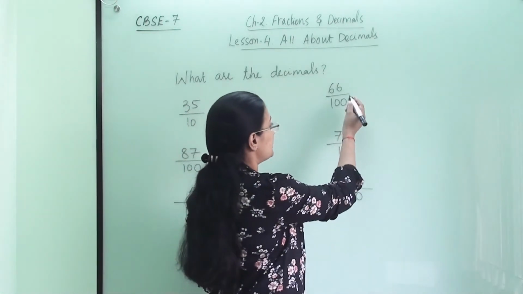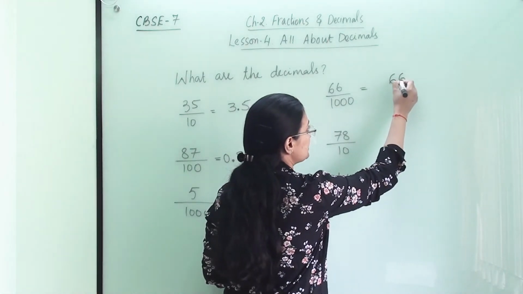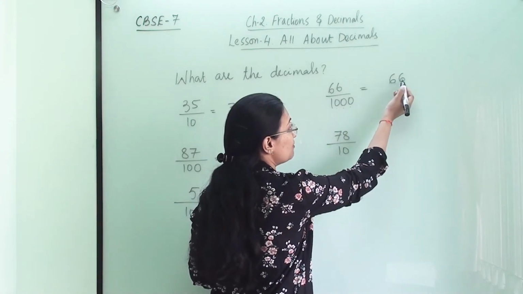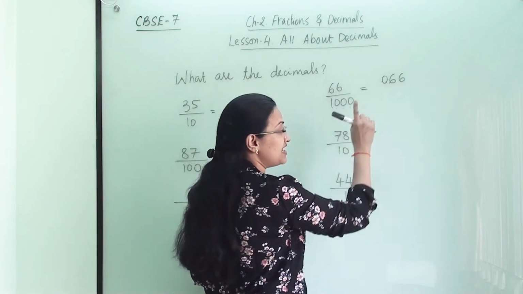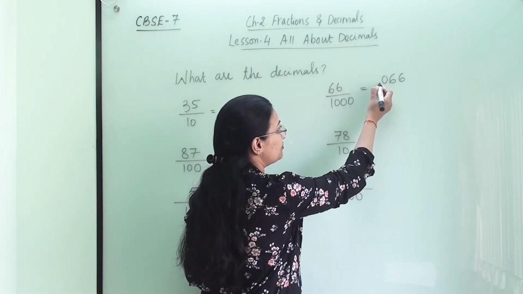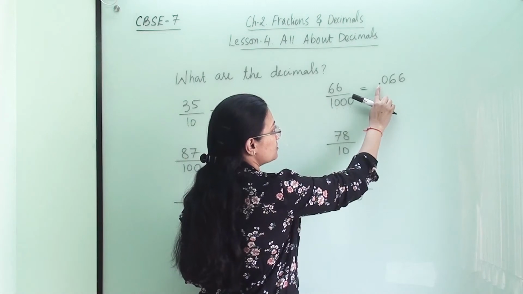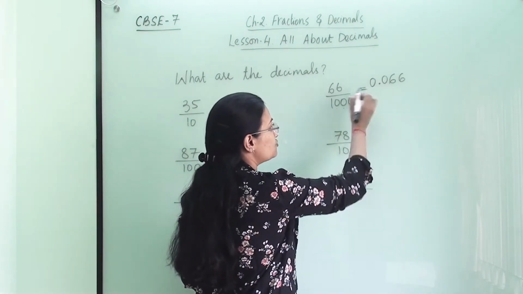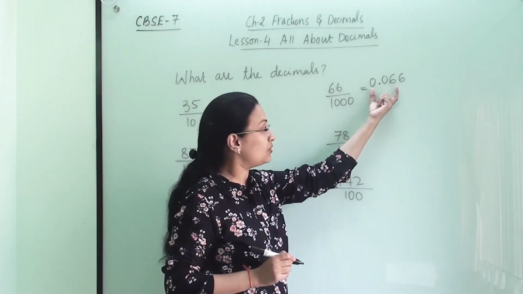Then next, 66 in division, 1000 is there. So here first we will write 66 and then we have to count 1, 2 and 3 numbers. Here we have only 2 numbers. So we will add 1 zero because we have 2 numbers and we are lacking 1 number. So we will add 1 zero here and then we will put the decimal point here. So now we have 3 numbers with 3 zeros. We have put the point here and since we have put the point, we need to add 1 zero at the front. So how we will call this number is